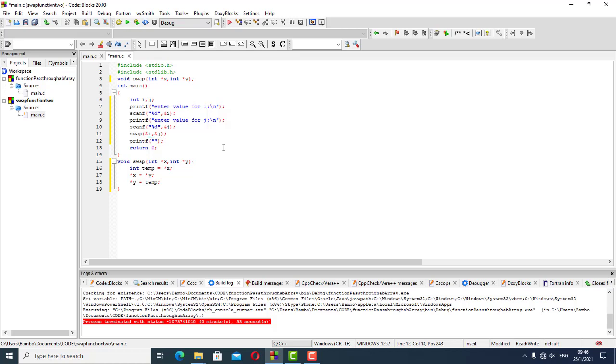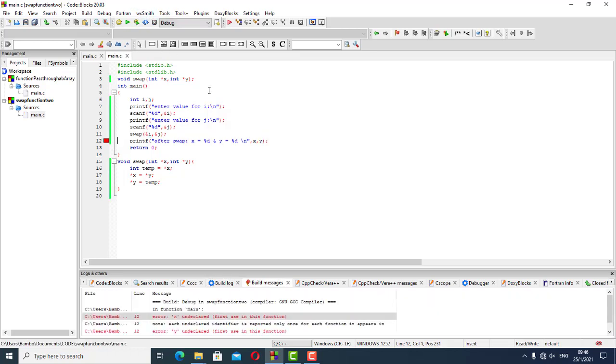After swap, okay, x equals %d and y equals %d, like that. And then we still use our values as they were, x and y, so that we can see the swap. If we run it,